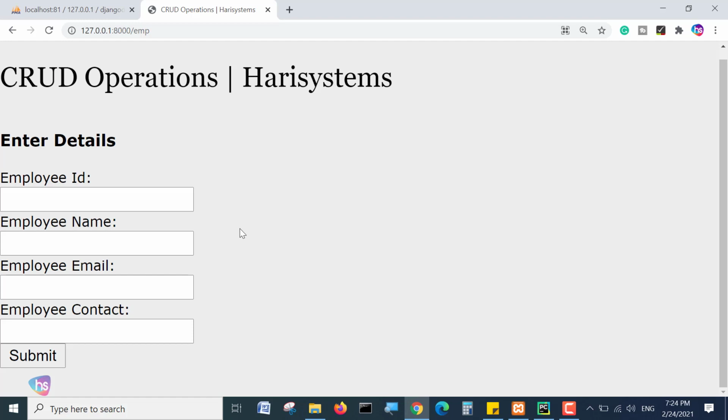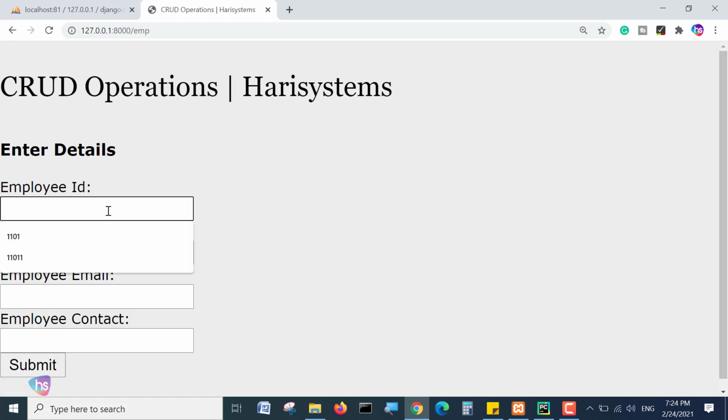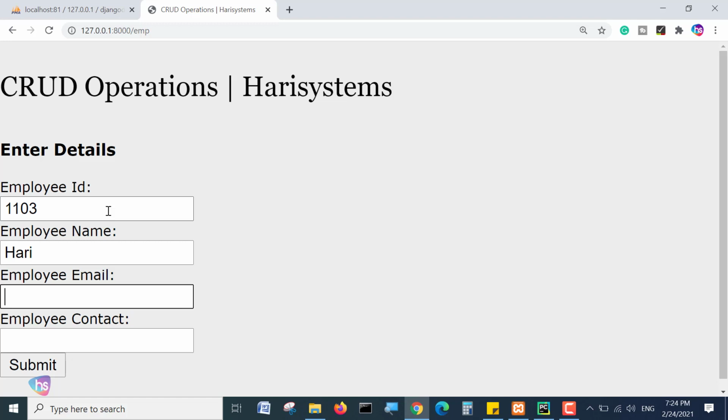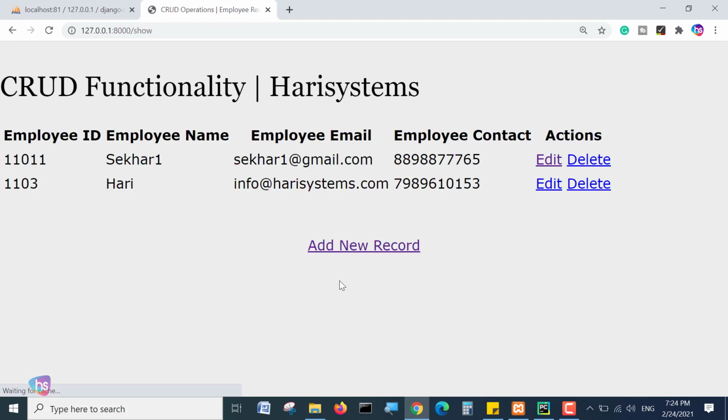I'll show you one by one. First, the add new record functionality. Employee ID, I can enter 1103. The name of the employee is Hari, and the employee email is hariinfo@harisystems.com, our official email ID that we use here. Contact number is 7989 6101, any number you can use. Once you click the submit button